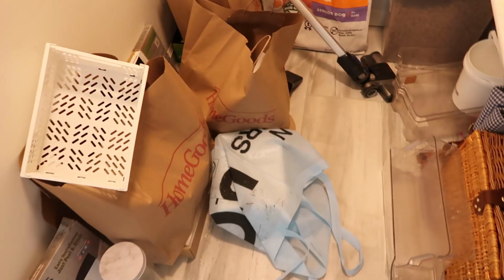organizing the pantry, and it's gonna be more entertaining than The Home Edit. So Lionsgate, Netflix, Hulu, hit us up. Stay tuned. This is how I function. Reed told me what to buy and I just throw it all in here